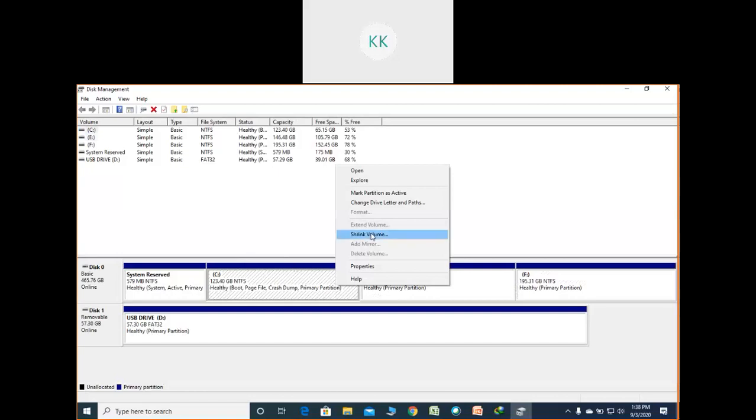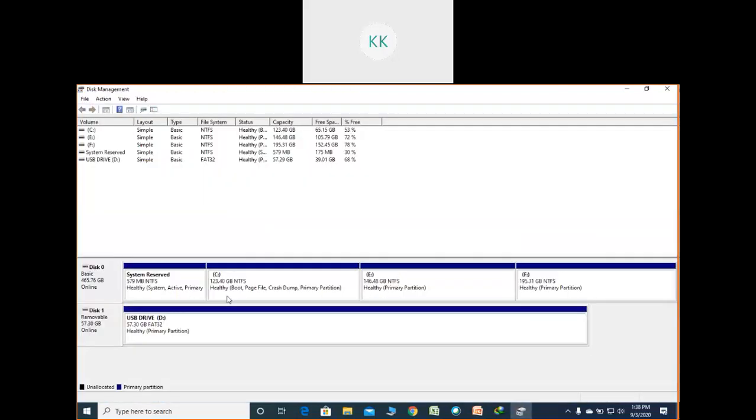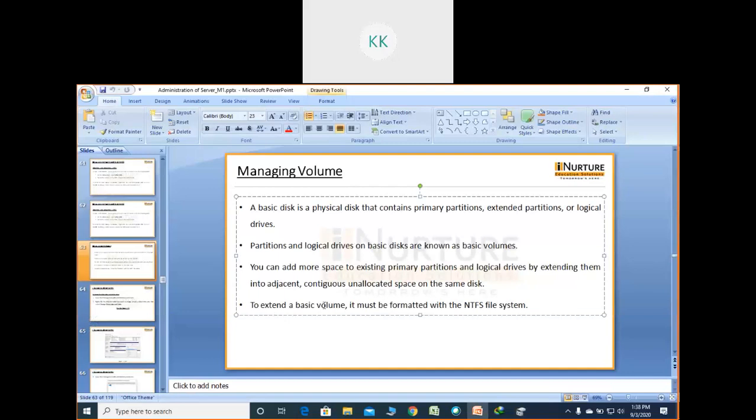This much of task is there then. You can add more space to the existing primary partition and logical drives by extending them to adjacent. Adjacent means this one. E is adjacent to C, or C is adjacent to E as well as F. To extend the basic volume, it must be formatted as NTFS.